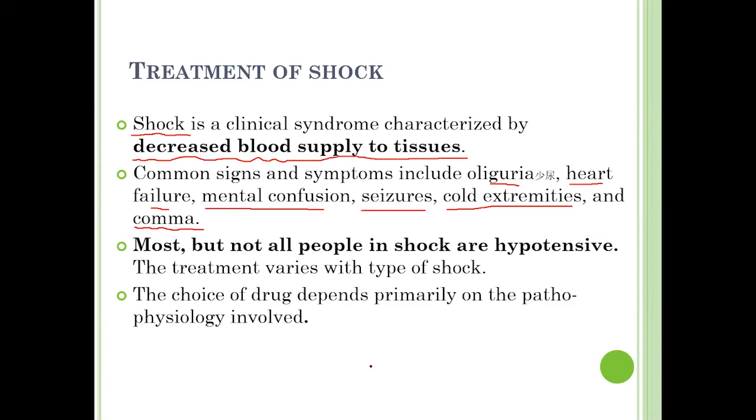Most people in shock have their blood pressure dropping down, but not all patients. We have different types of shock, so we need to see what the cause is, and then choose the different kind of medication to treat. Like we talked about before, if caused by bacterial infection, we need to use antibiotics. So that's about